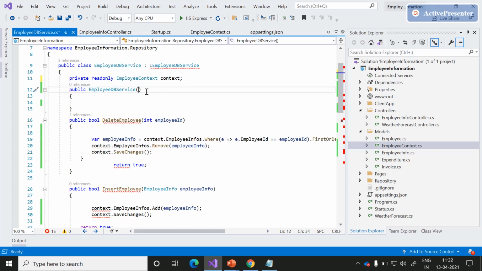We are aware of dependency injection. What we need to do is this employee DB service will take employee context as a parameter. Now the next step is to assign the context to the underscore context.